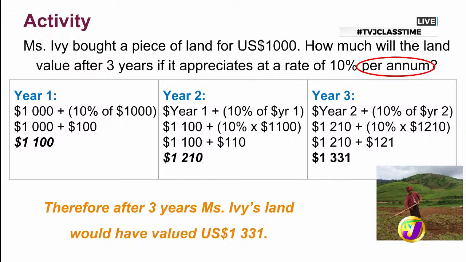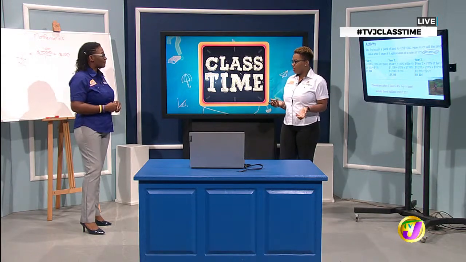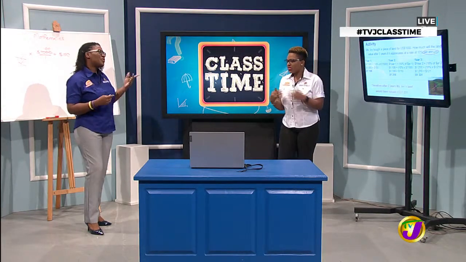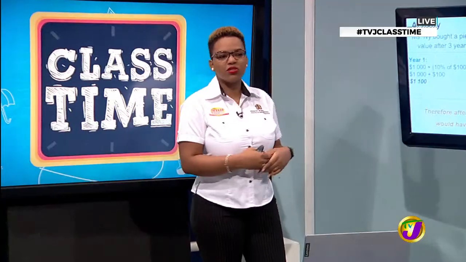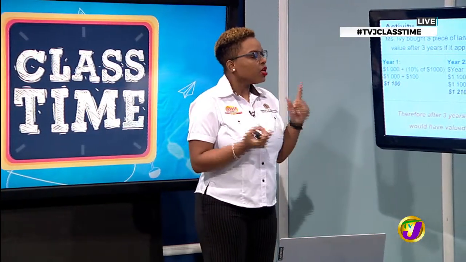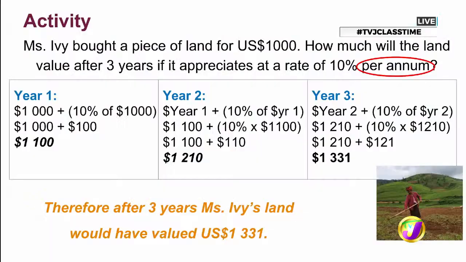I know that in math we can always find a formula for everything, or not everything, but most things. We can find a simpler way to do things in math all the time. So I'm now looking and trying to figure out what the similarities are in each year in our calculation, and maybe think of how we can put that into a formula.